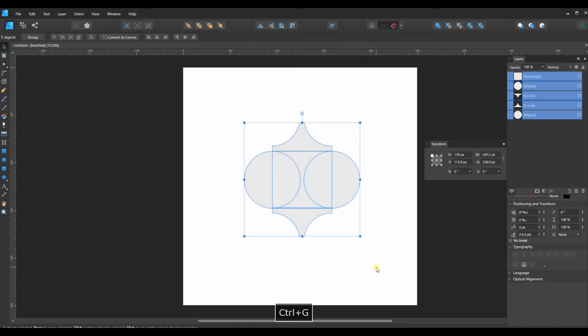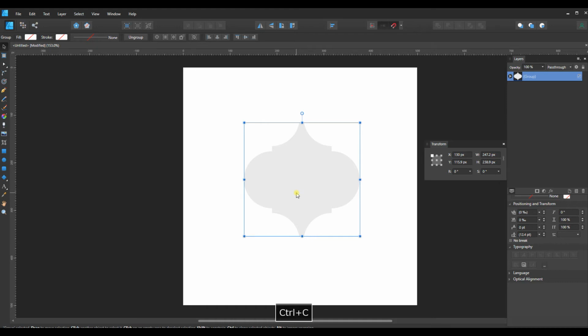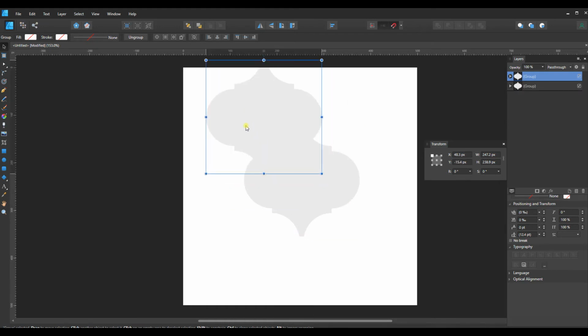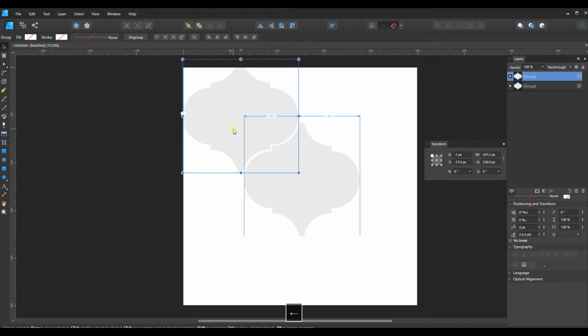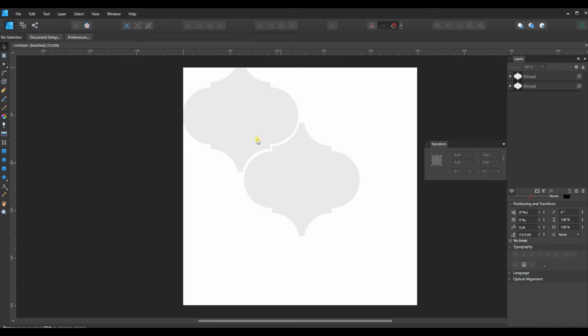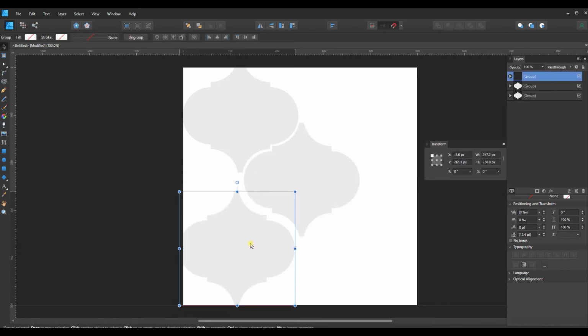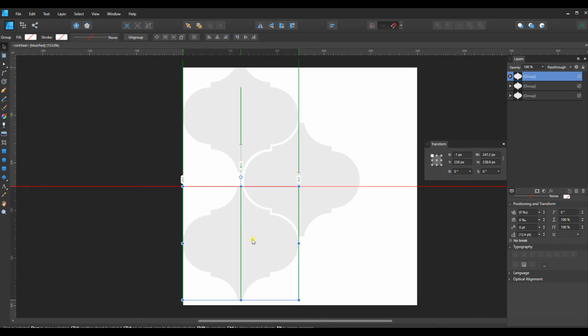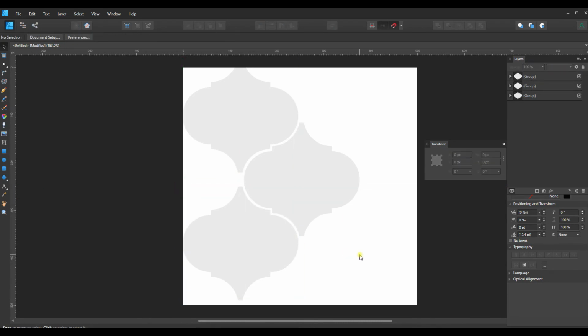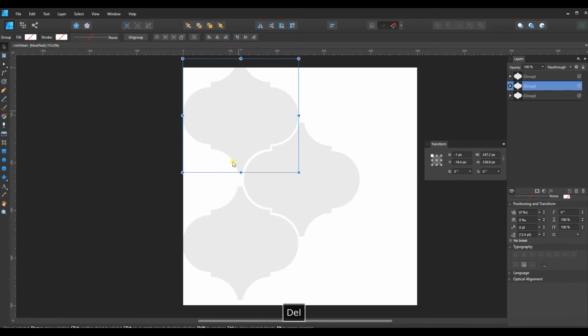I'm just gonna Control G to group these again, copy and paste, and just double check that it has a fairly even seam in between. And let's just paste one more copy and put it down here. Yeah, that looks good. So let's take this one, delete,